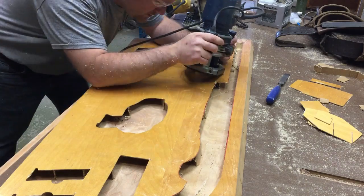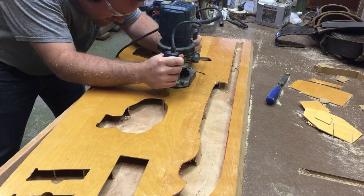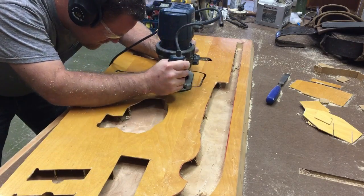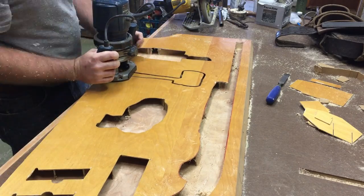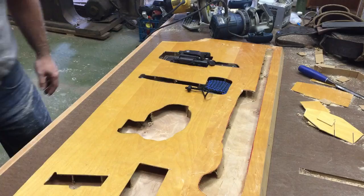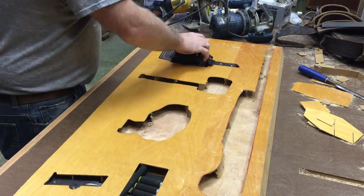The next step is to lay out all your items in a way that you find visually pleasing. You want to trace them out, being very careful to stay as close to the edges as possible. Then you take a router. I'm using a down cut spiral bit because it makes a very clean cut, and cut as close to those